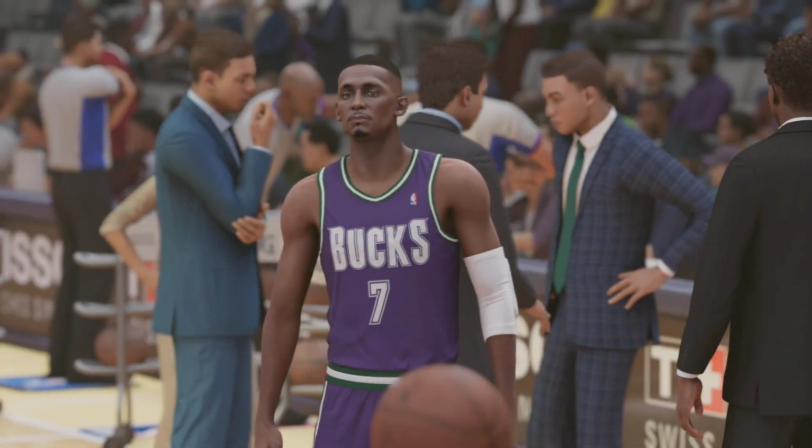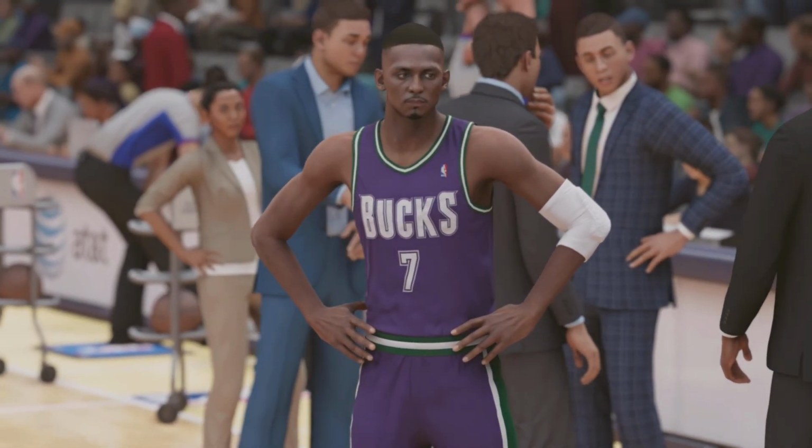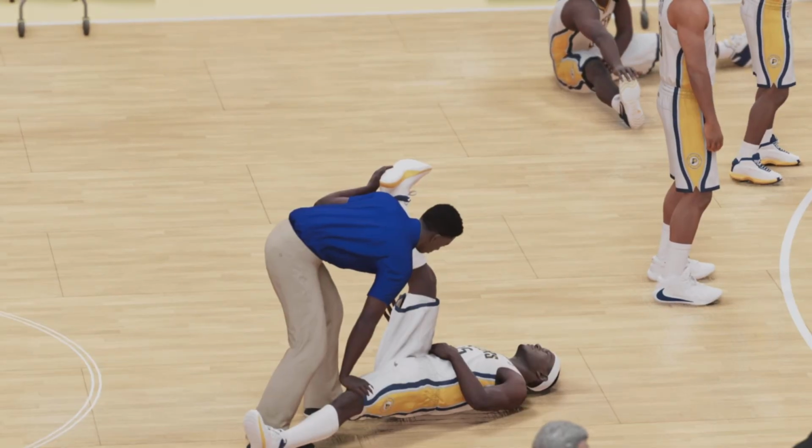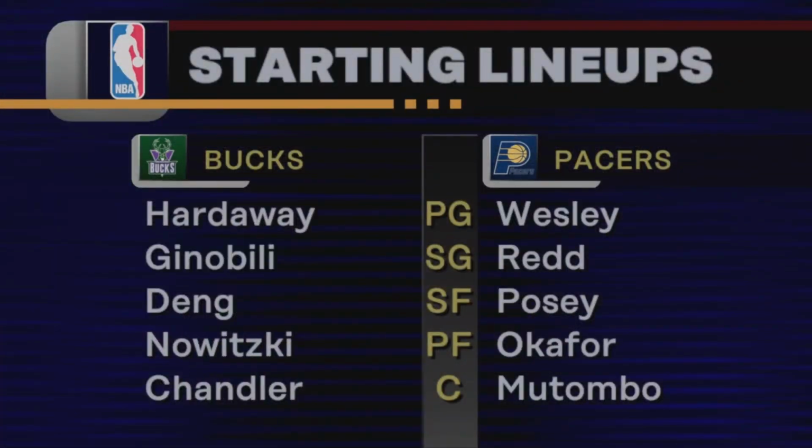Milwaukee Bucks, Indiana Pacers. Penny Hardaway is back. He is back in Milwaukee. He has been gone for several years. He took the Clippers to a championship. Couldn't win the whole thing with Los Angeles. But he decided